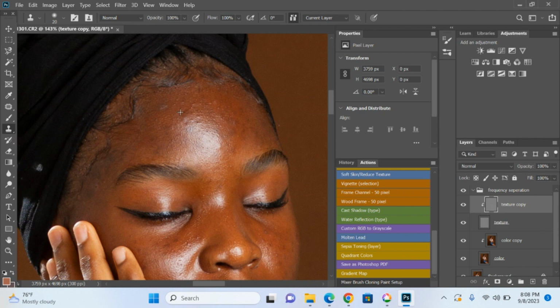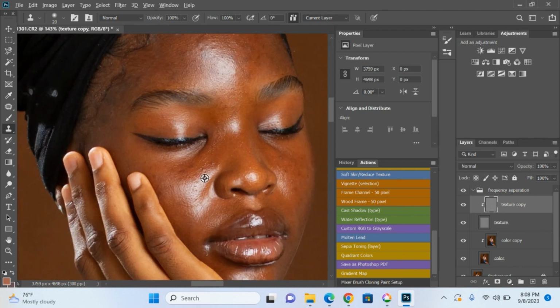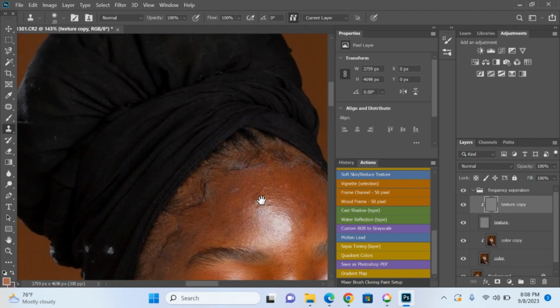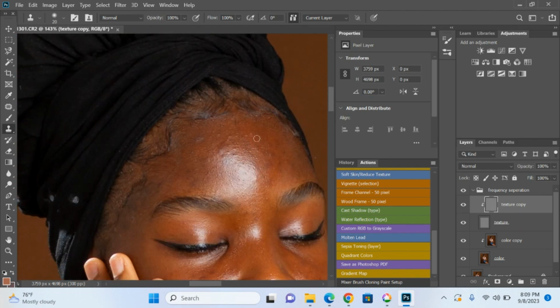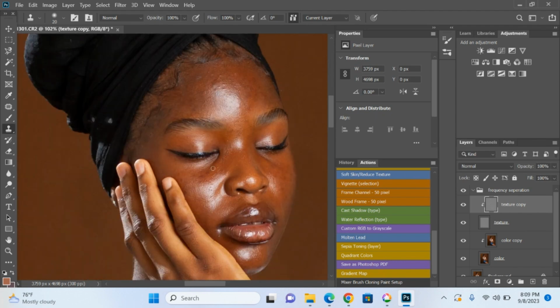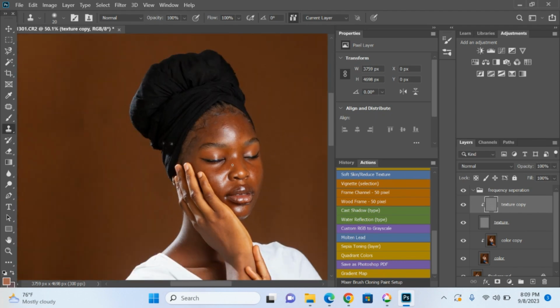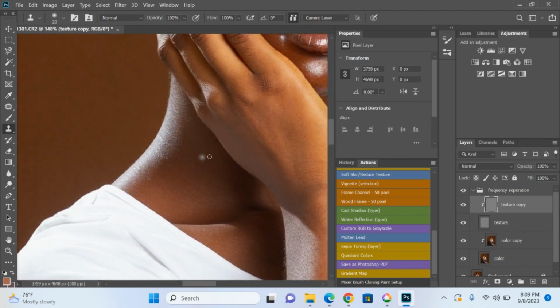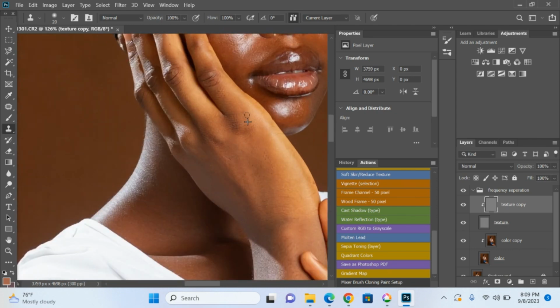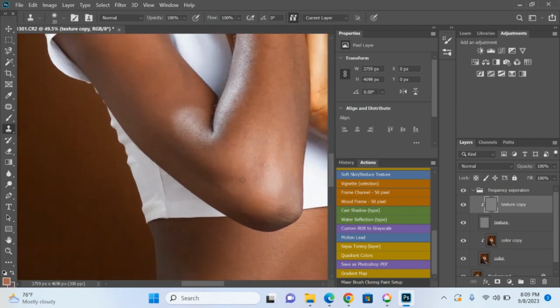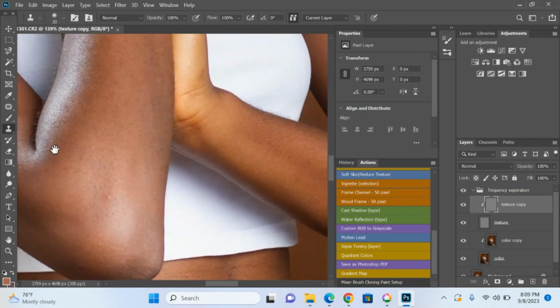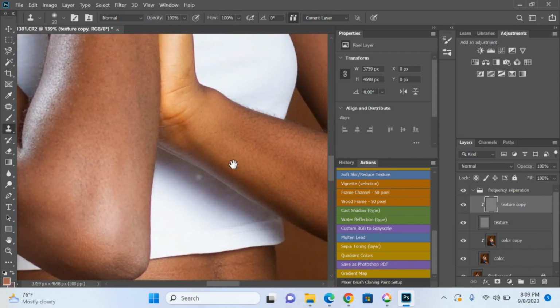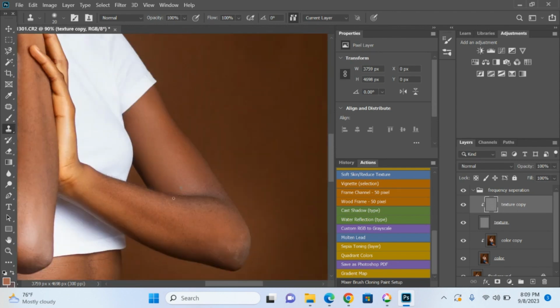So, with that being said, we just do that. See, her face is quite, she has a very nice skin texture, not a lot of blemishes. So, take that out as well. Avoid doing too much in order not to lose details in your pictures. Just browse around, look for blemishes, and